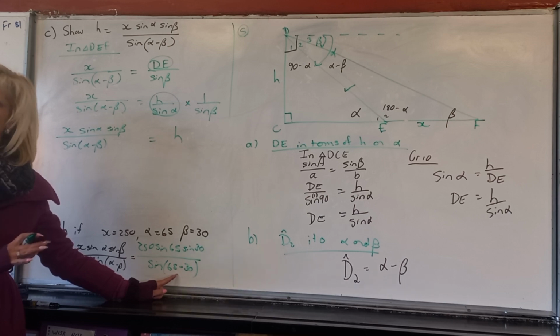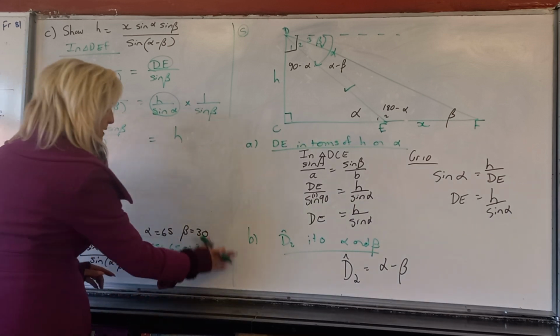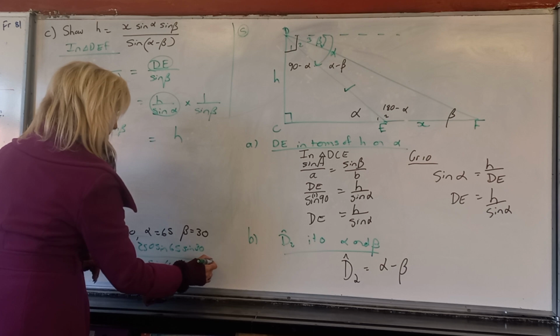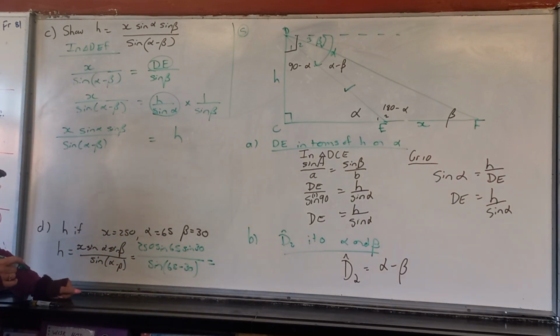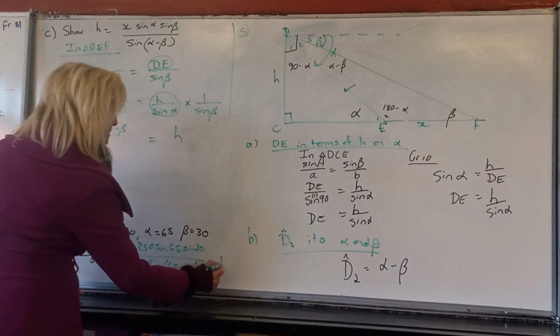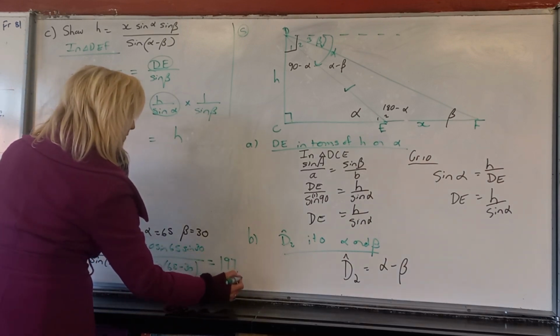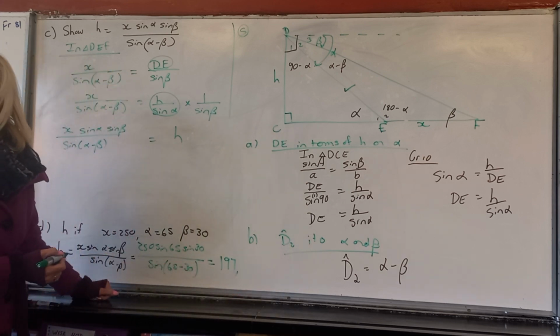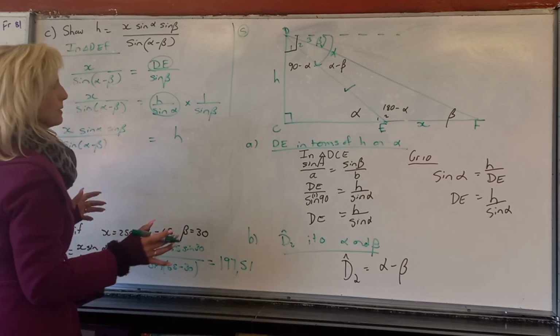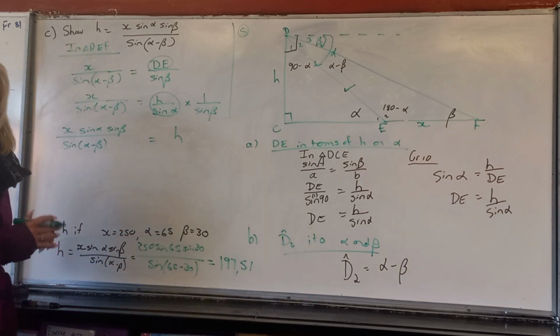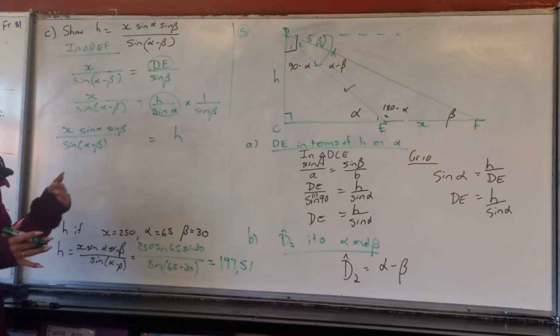Just type it into your calculator, give me the answer, and the answer is 197.51. Okay, and they never said something about meters or whatever, so I can leave it that way, or I can say units, or just